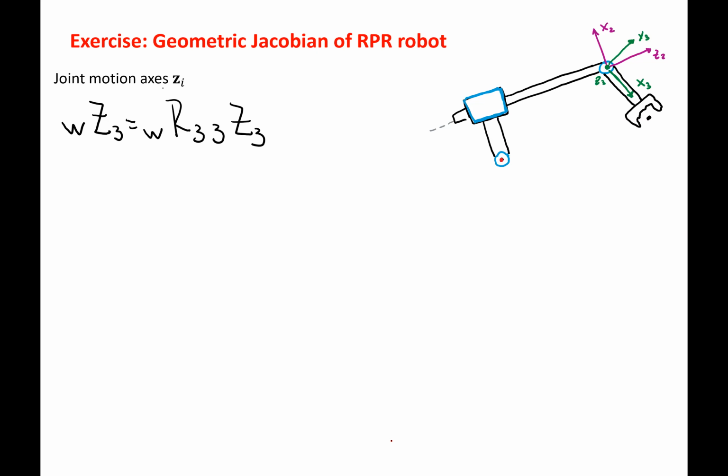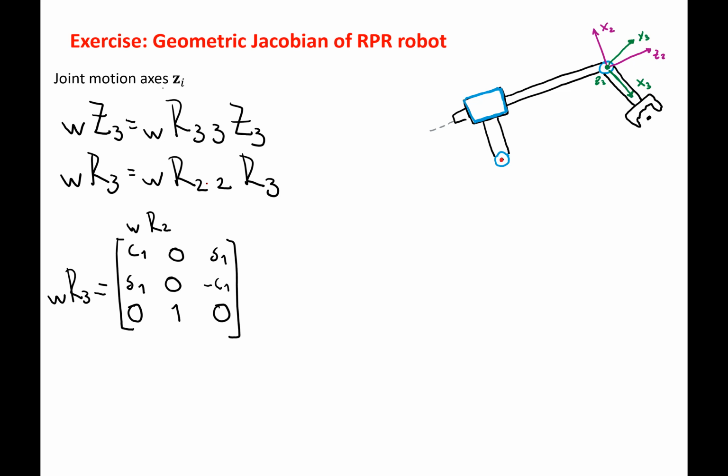Again, we need to find the transformation matrix, the rotation matrix from frame 3 to the world frame. And actually, we can just do the composition of rotation matrices. So we have the rotation matrix, the one that we already computed, multiplied by just the rotation from 2 to 3. So we already have this from the previous exercise. And now what we need to find is a rotation of minus 90 about the